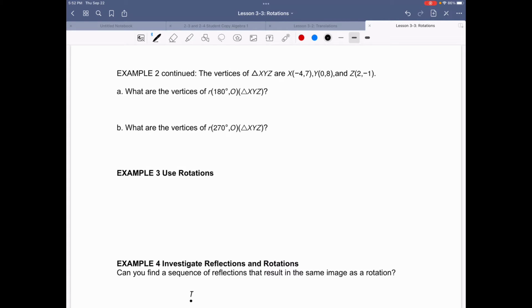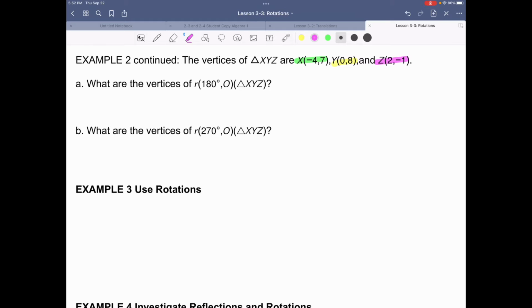For example 2, continued, we have this shape, this triangle XYZ, and the vertices are X at negative 4, 7, Y is at 0, 8, and Z is at 2, negative 1. Well, part A asks us, what are the vertices of R as a rotation 180 degrees about O, the origin